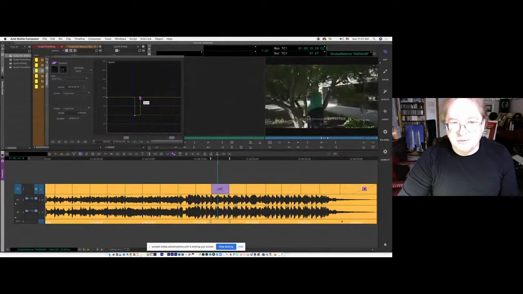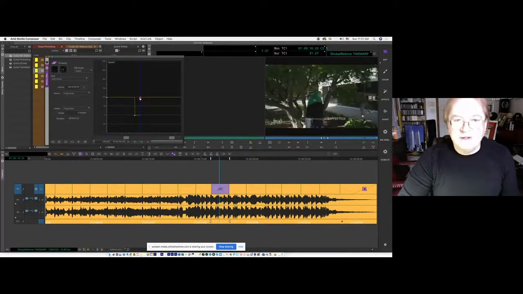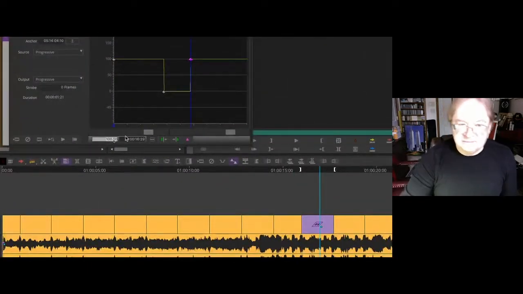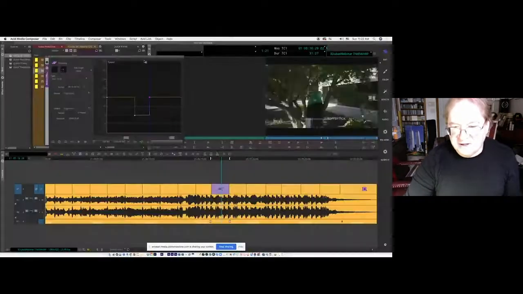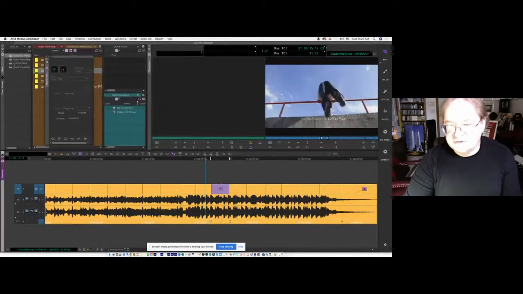If I want to have the duration of the freeze frame longer, holding Option, dragging it out so it will stay longer frozen. And you notice that I messed up the number. It's not 100%. It generally snaps to it, but if you want to be very specific, look at this number here. I type in 100, signifying that that's 100%. So if I now play it, I'm gonna slow it down a little bit